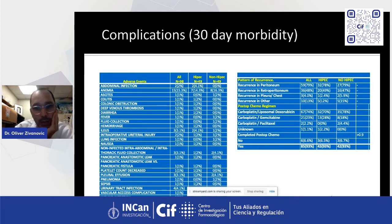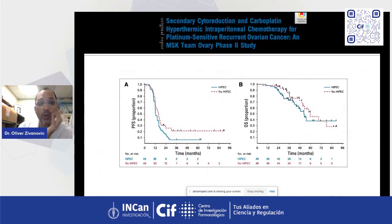And when we look at the postoperative regimens used and the pattern of recurrence, there was no difference in recurrence pattern in both arms. You would assume that maybe patients who were treated with intraperitoneal chemotherapy had less frequently recurrence in the peritoneum, but that was not the case. And when you look at progression-free and overall survival, there is no significant difference in patients who had chemotherapy with HIPEC intraoperatively versus standard of care. In fact, it looks like the curves are a little bit worse for patients who were treated with HIPEC, but